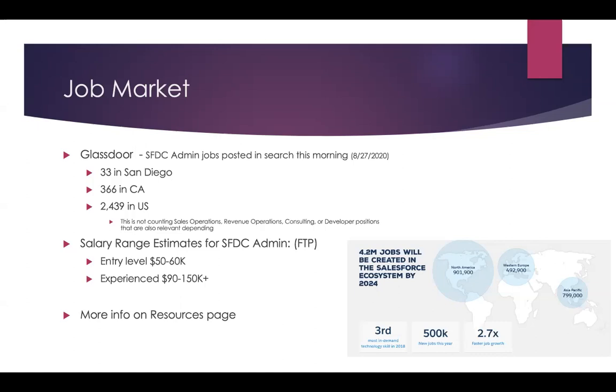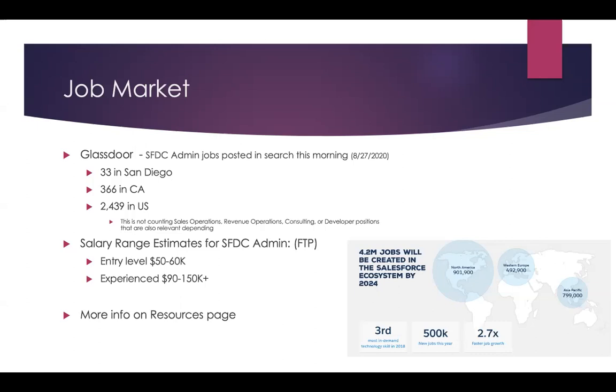So salary range estimates for a Salesforce admin vary depending on region and where you're at, and experience levels for sure. But this is just based on my experience in a full-time position.